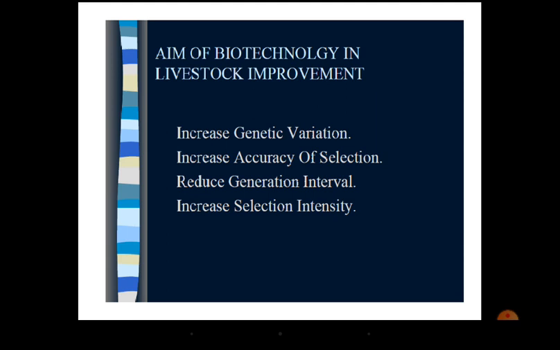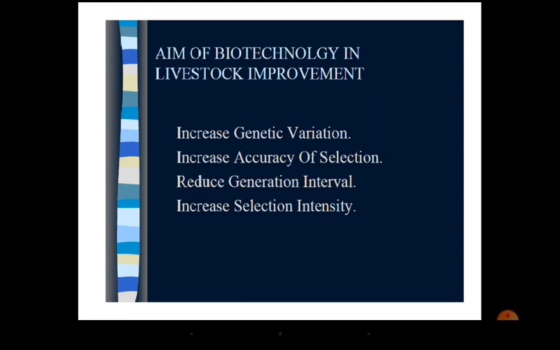Whatever benefits or variation accumulated among the selected category should be passed on to the next generation to the maximum extent. That is the accuracy of selection. Whatever tools you employ to select individuals which can transfer the better genes to the next generation will be increasing the accuracy of selection.